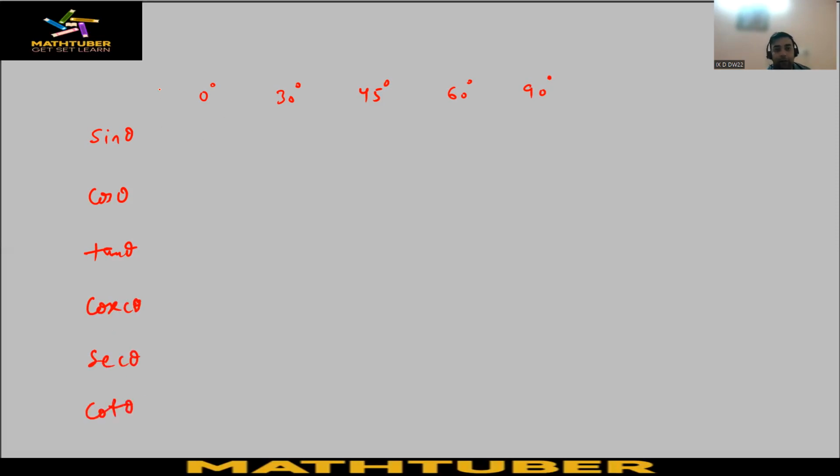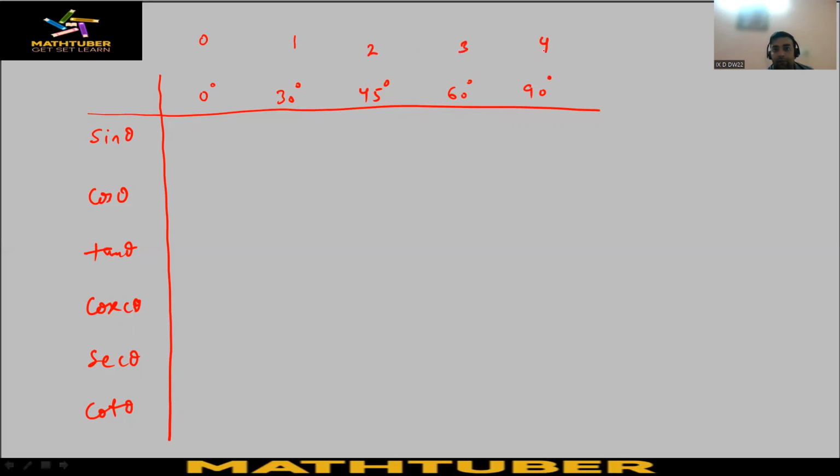Now to find out the values of these, what we need to do is we need to write down 0, 1, 2, 3, and 4, and then divide them with 4 each, and then take square root of all of these, right? So if we take the square root of all these numbers, the answer that you will get will be the values of